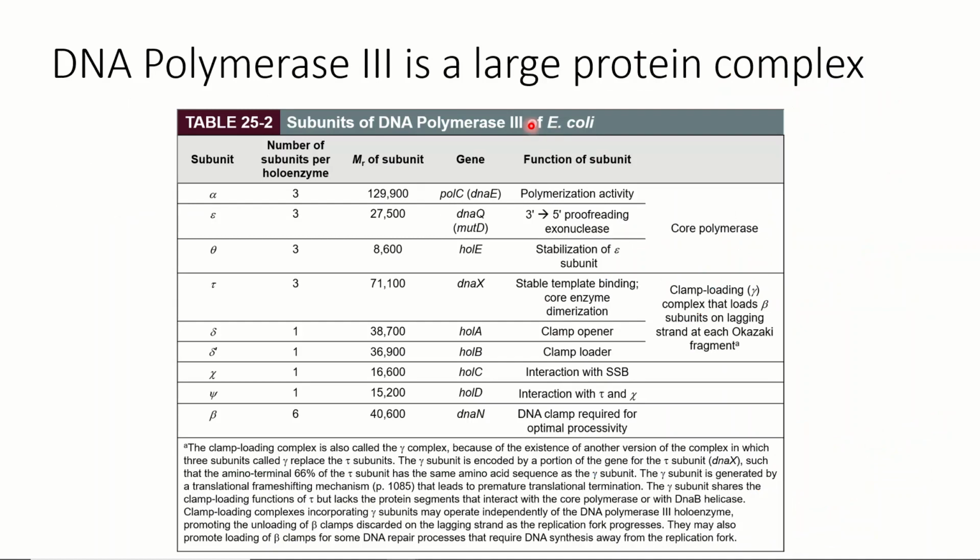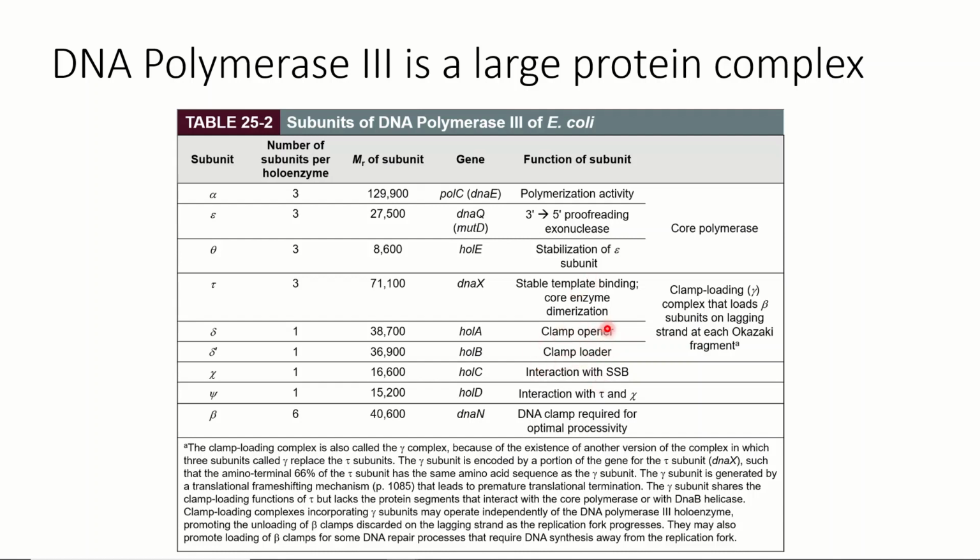DNA Pol III is a large protein complex. It has many subunits and many functions. You can see that it has all of these different subunits, with several different genes involved in generating this protein, and we have different functions for each subunit. For example, we have polymerization activity, proofreading activity, and exonuclease activity, stabilization activity, template binding activity, loading activity, so how the DNA is then bound to the enzyme for the replication to occur,